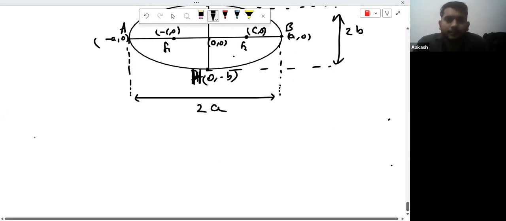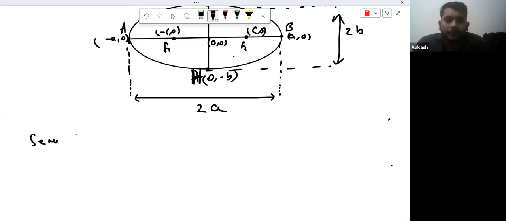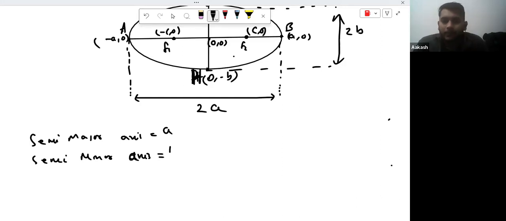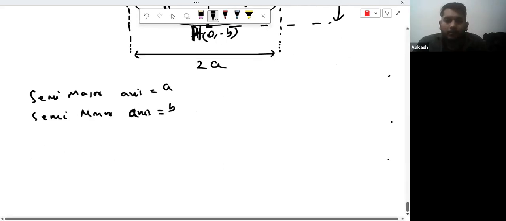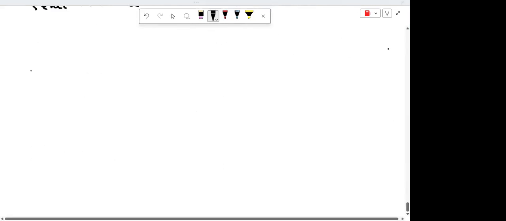And the semi-minor axis is B. Very good. So write down one note, which is the relationship between